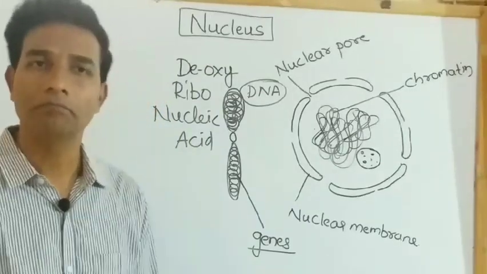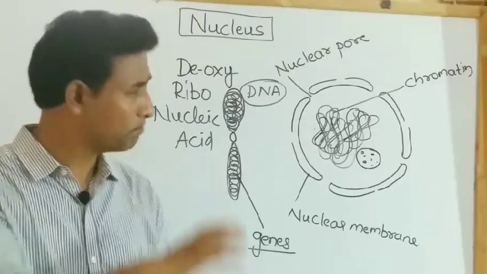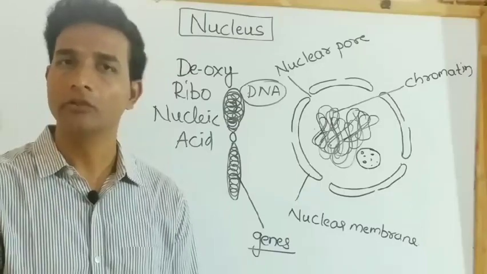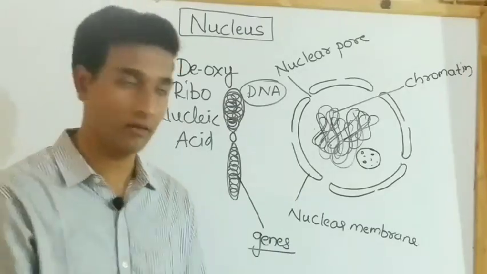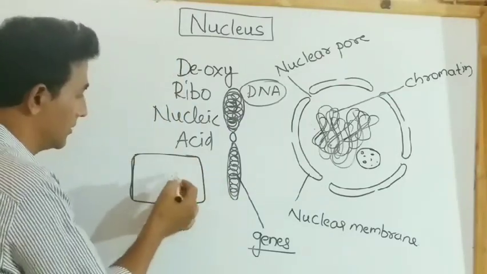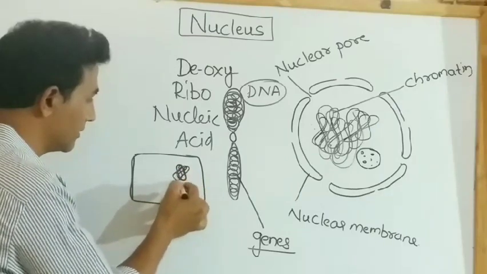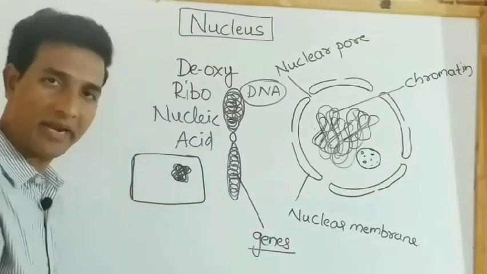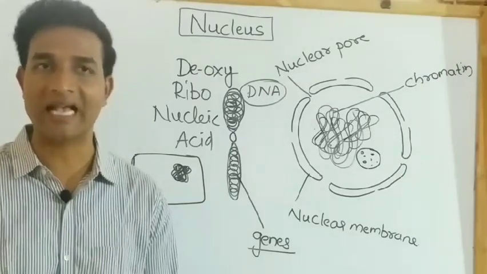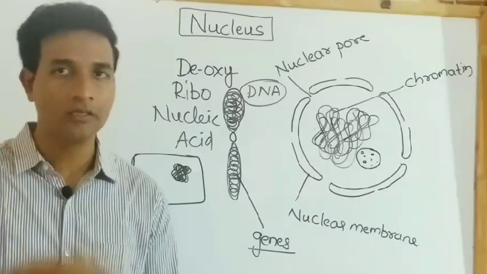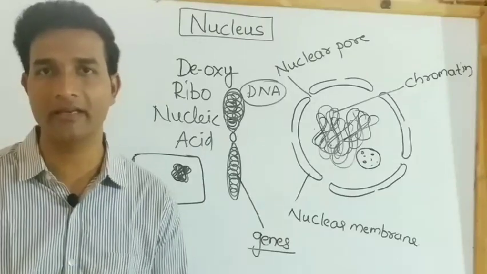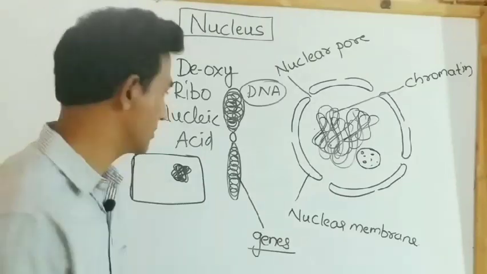When you observe bacteria, the nuclear part is poorly developed, and here you cannot find a nuclear membrane. When you take a bacterial cell, the nuclear part is not covered by a nuclear membrane. You can find only thread-like structures. That is, the nucleic acids are naked. They are not covered with a nuclear membrane. So such organisms which lack the nuclear membrane are called prokaryotes.